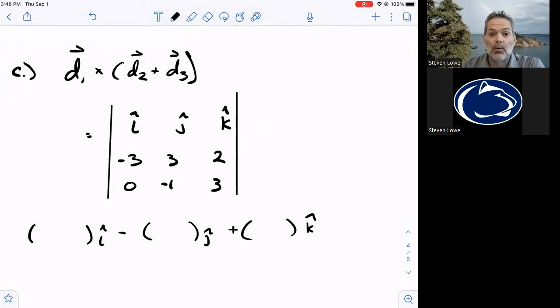C is asking us to take D1 cross the result of 2 and 3, which we already solved for in part A. So I'm not going to resolve for that. I'm just going to plug it in. And now when I solve out this determinant,